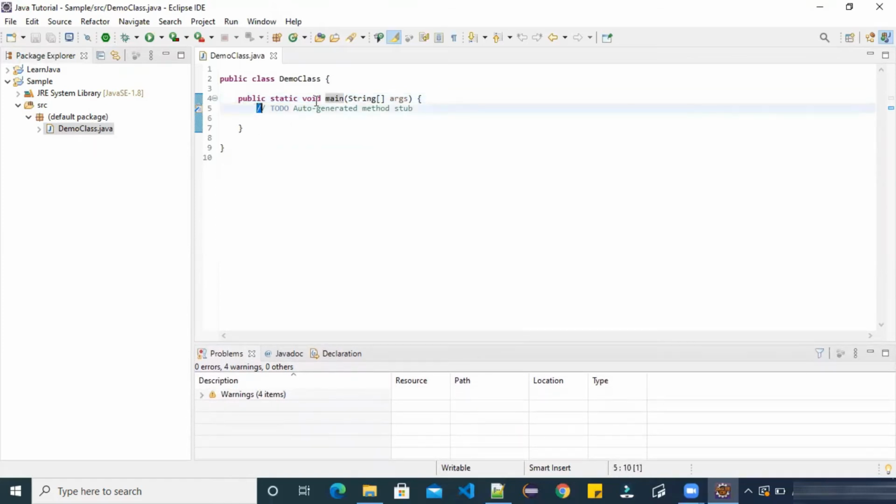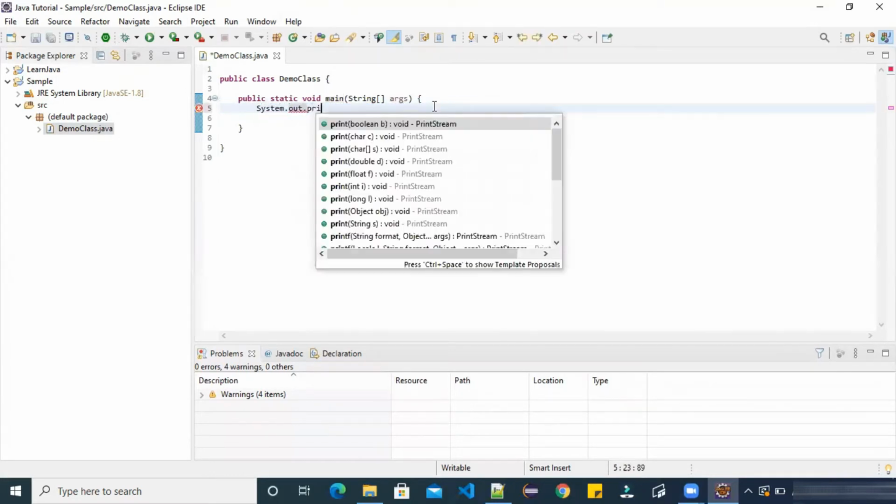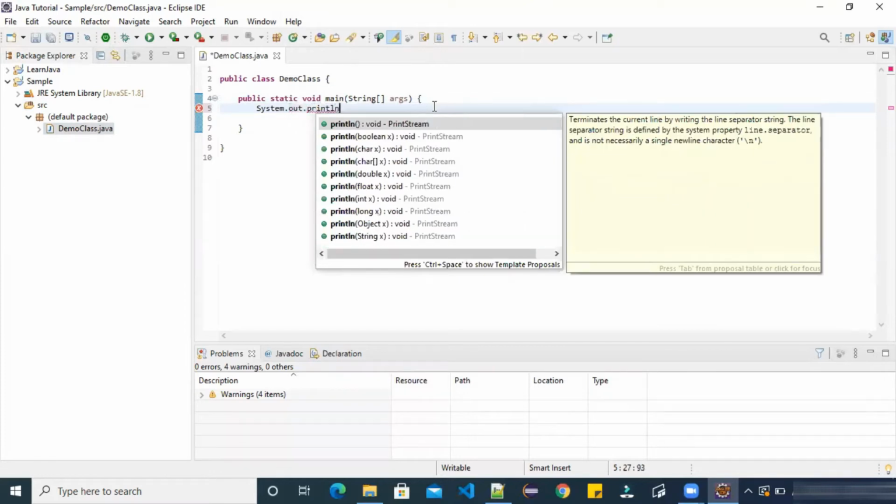So our first program we learned was printing Hello World. So we used System.out.println. Here we can see a lot of suggestions. The methods we can use at this point are provided by this suggestion box. Now we are going to print a string, so we are using this.